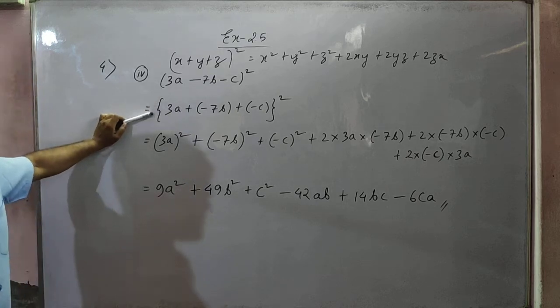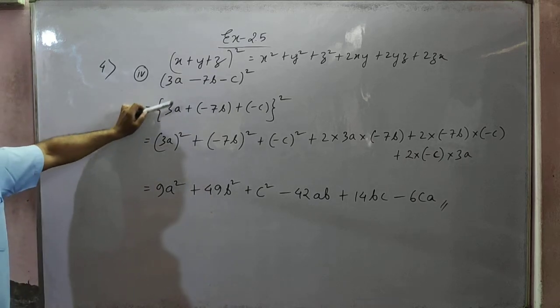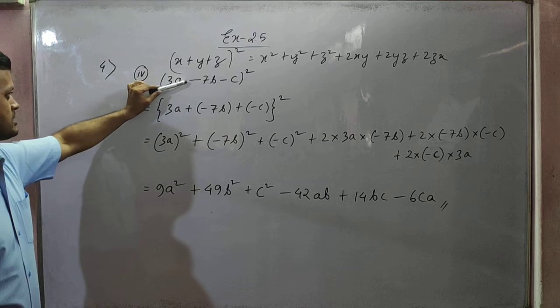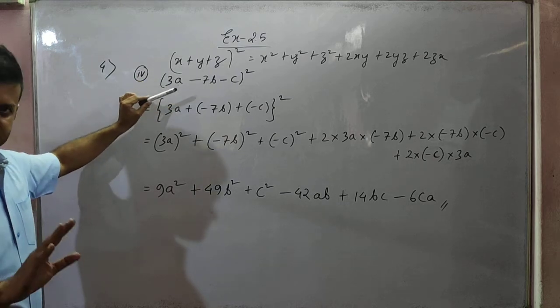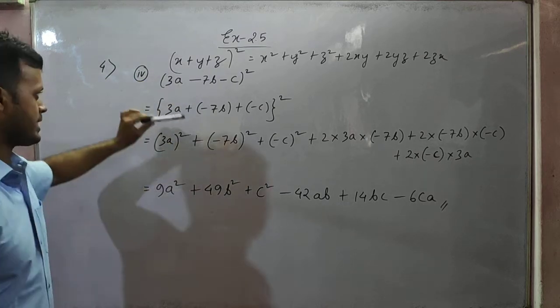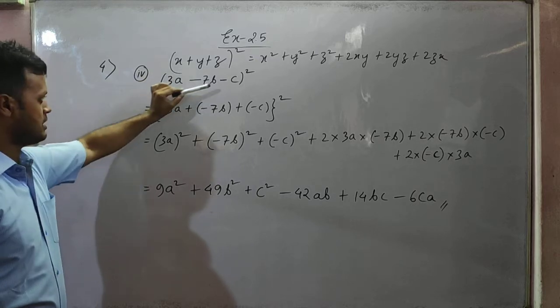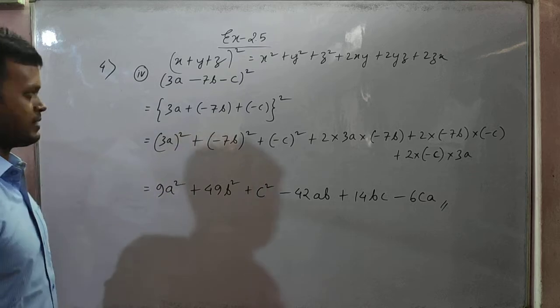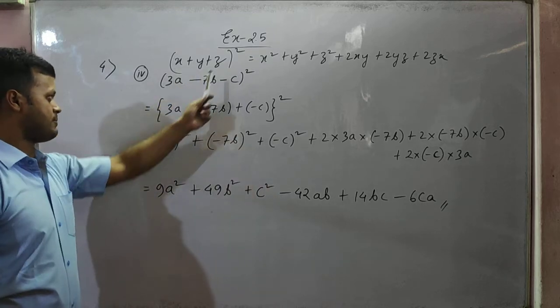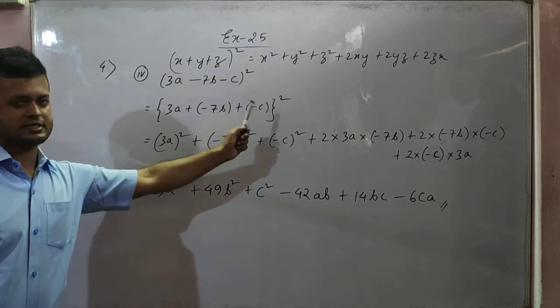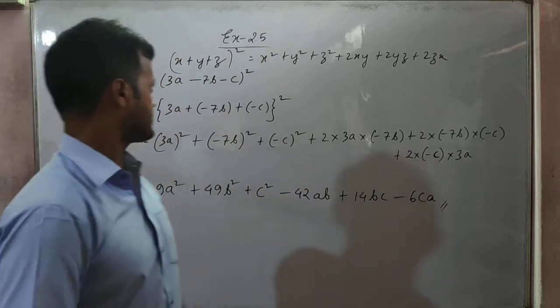First you keep it in a second bracket. So 3a I will write 3a only. This minus I will take inside the bracket, not common, actually inside the bracket. So if minus is not there, then what will be there? Plus. This minus also I will take inside the bracket, and put plus. Now you see here: x plus y plus z. This is x, this is y and this is z. (x + y + z) whole square.